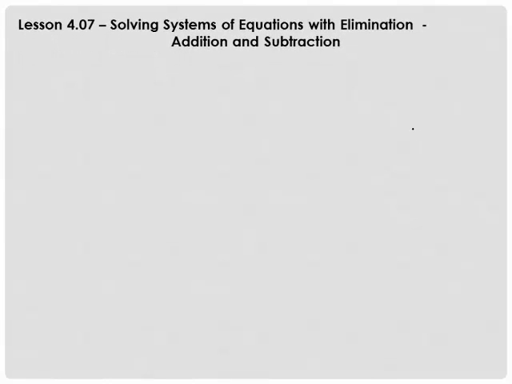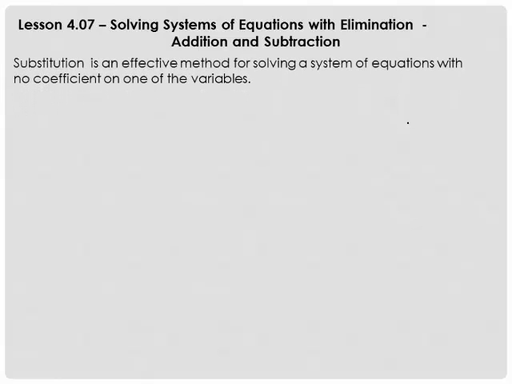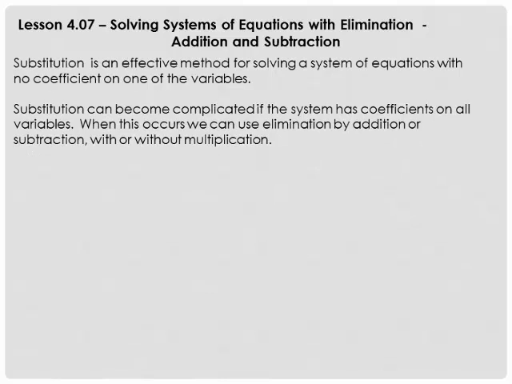Lesson 4.7, solving systems of equations with elimination using addition or subtraction only. Substitution was an effective way for solving a system of equations with no coefficient on one of the variables, but it can be complicated if the system has coefficients on all of the variables, because when that happens you have to solve for a single variable and you can get fractions or decimals, which can make the equations more difficult to work with. So what we can do instead is we can use elimination by addition or subtraction with or